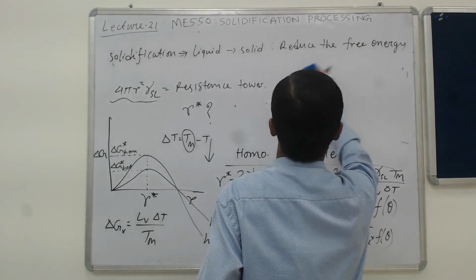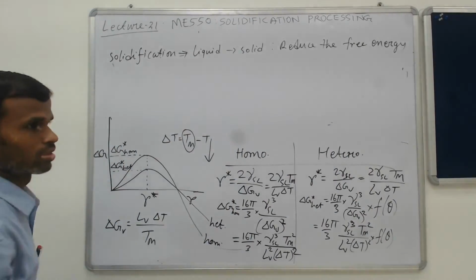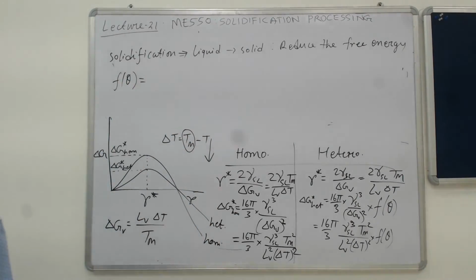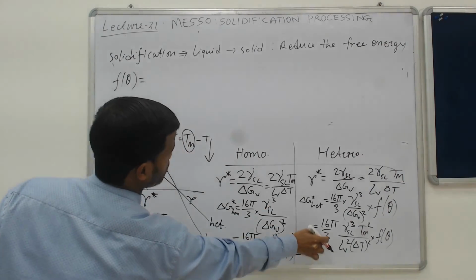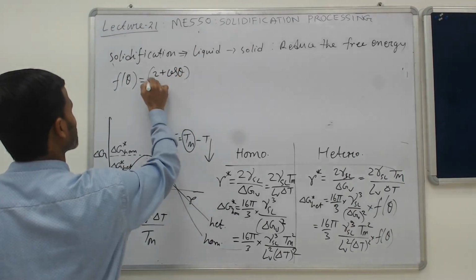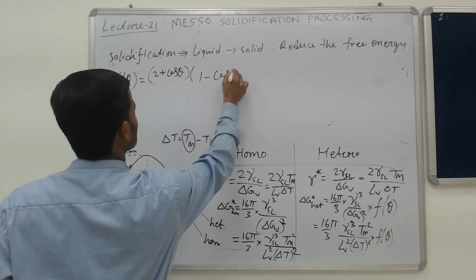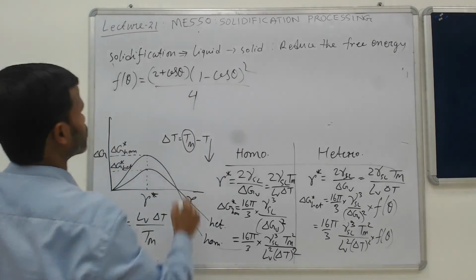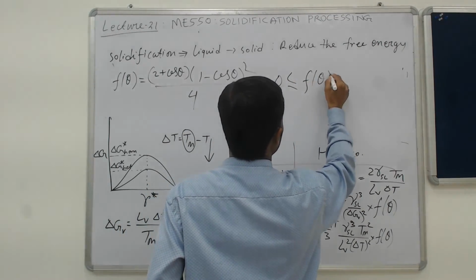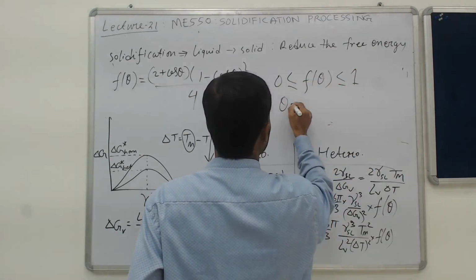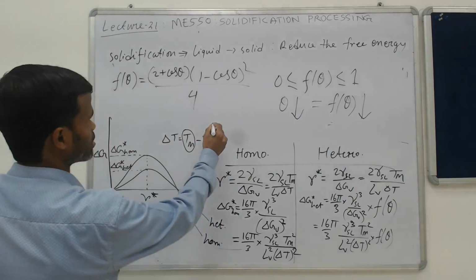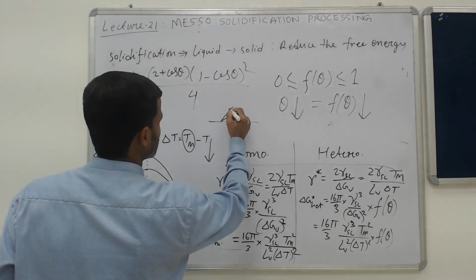Just writing down the equation, f theta will be given as 2 plus cos theta into 1 minus cos theta square, divided by 4. And this f theta varies between 0 and 1. If theta decreases, f theta also decreases. So that means if the wetting angle is very low,